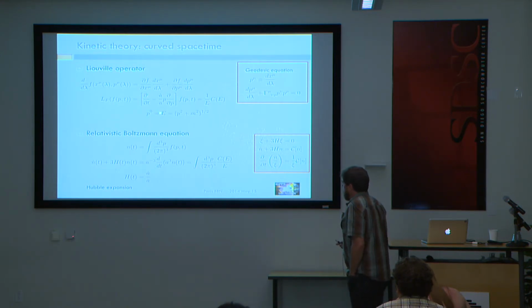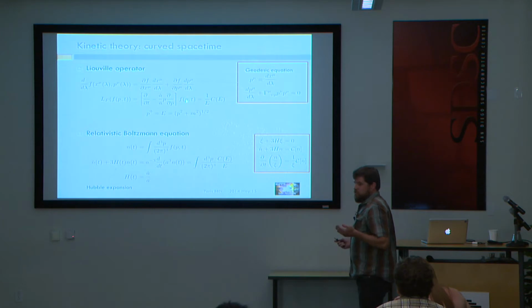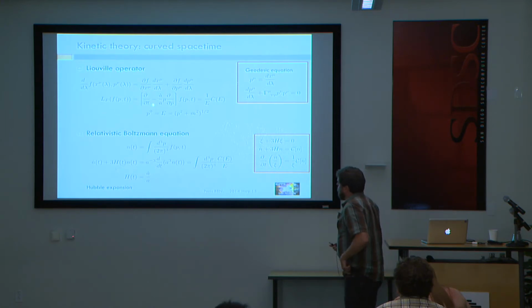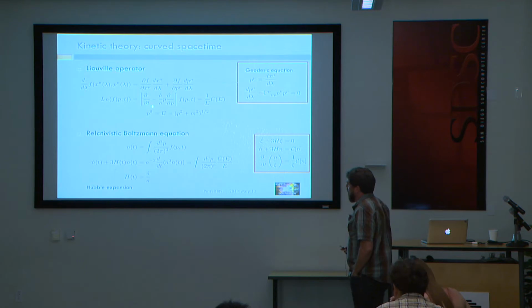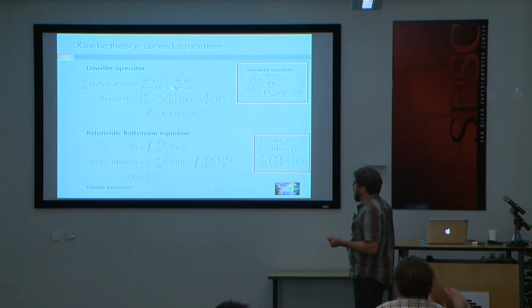So you see that it's greatly simplified, and this is one of the consequences of having a maximally symmetric subspace that I talked about. So there's a partial derivative with respect to time, so at fixed coordinate positions, and there's